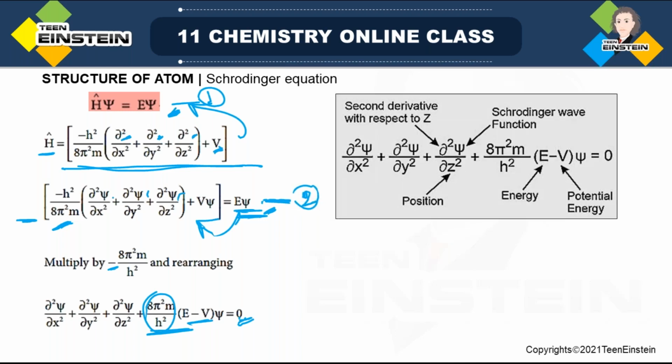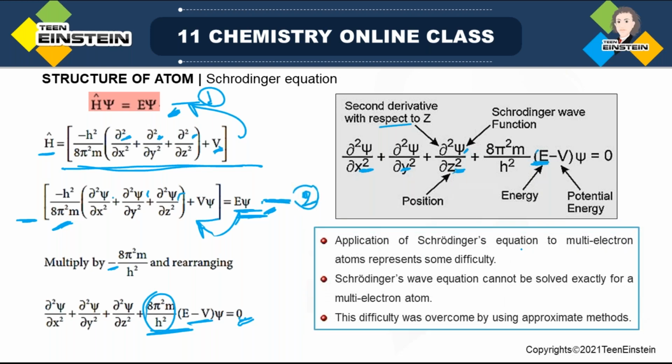Here in this equation, if you see carefully, all these del square by del x square, del square by del y square, del square by del z square are second derivatives with respect to x, y or z. These x, y, z are actually position coordinates. E is total energy, V is potential energy, and psi is the wave function, or Schrodinger wave function. Now this equation